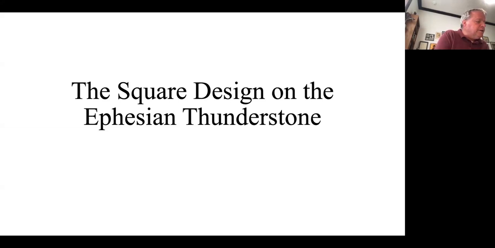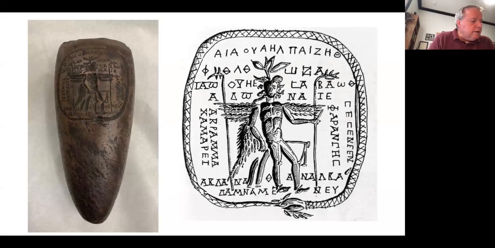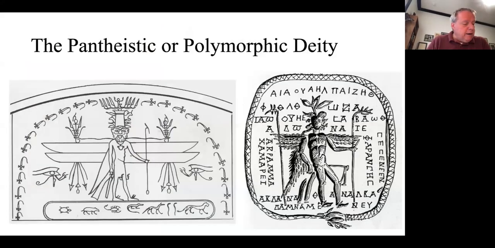Our first example of a design borrowed from a magical gemstone is this thunderstone purchased in Athens, but said to come from Ephesus. Scholars have long noted that the image in the center of this design depicts the so-called pantheistic or polymorphic deity, an Egyptian god who was not archaeologically attested until the 1st millennium BCE, when he appears in the form of small-scale statues of bronze or faience, and who appears on the back of many of the so-called Horus stellae that were inscribed with healing incantations, as we can see at the rear of the famous Metternich stela